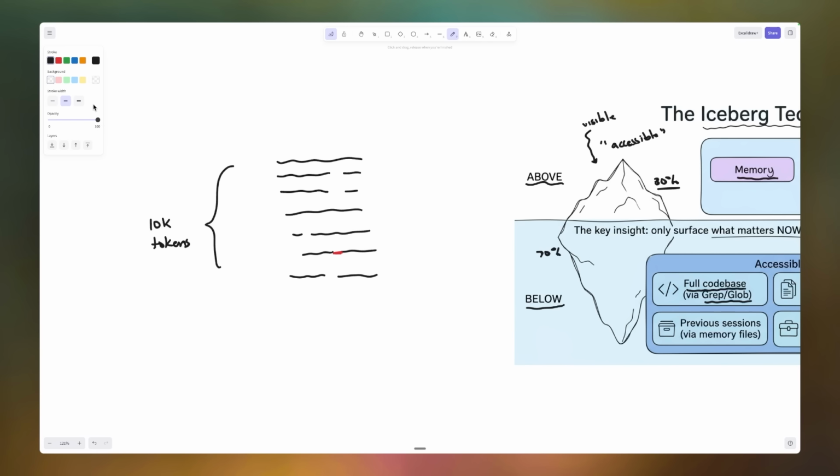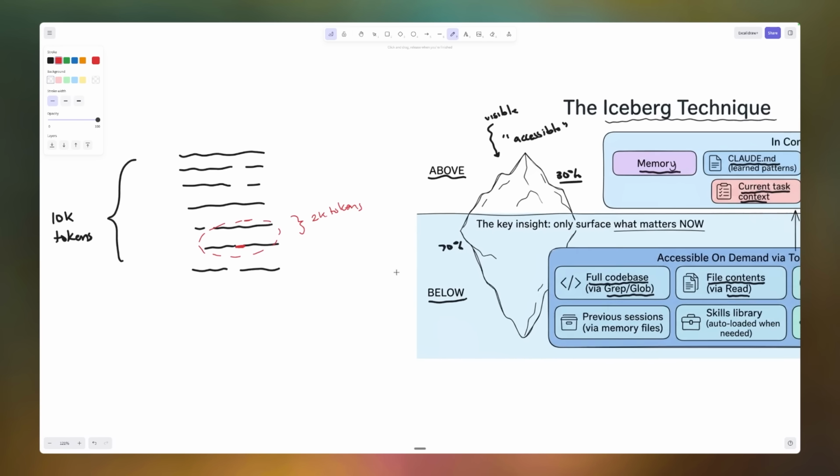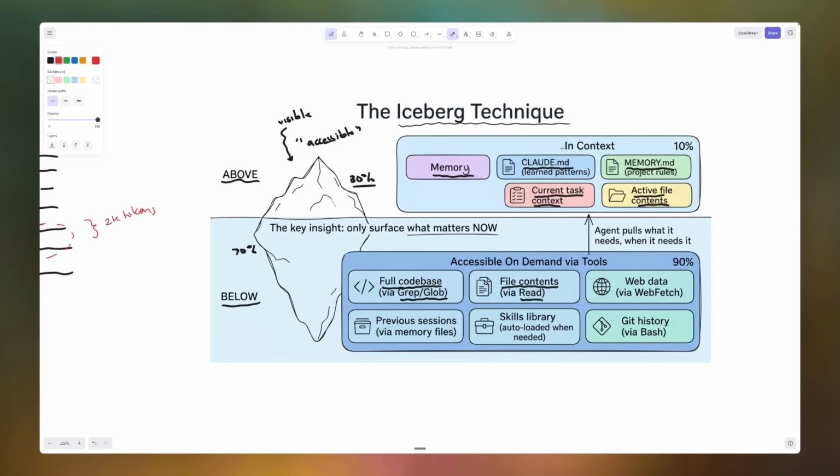I don't need to. Realistically, what I can do as a smart model is use grep and glob, these tools, to maybe hone in only on this segment over here, which is, let's just say, 2K tokens. And because it contains some of the text before and some of the text after, this still usually gives us enough context to tell the model what it needs in order to finish its function.